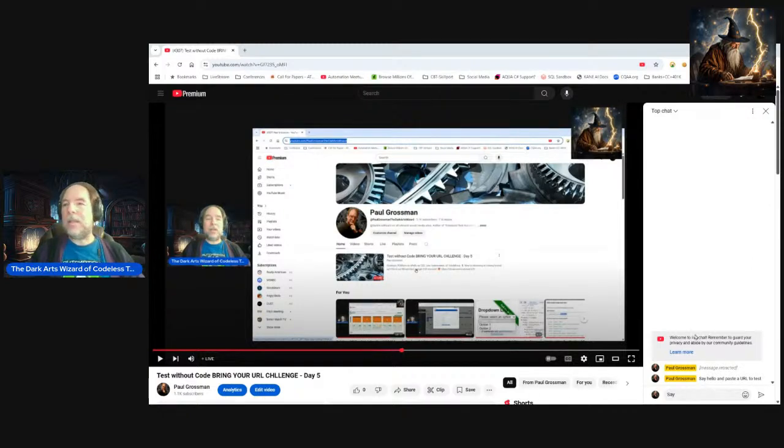That's the important thing. We're going to be doing this without any code. We're going to do it without any xPath, without any CSS. And we're going to be jumping around and seeing what we can do.